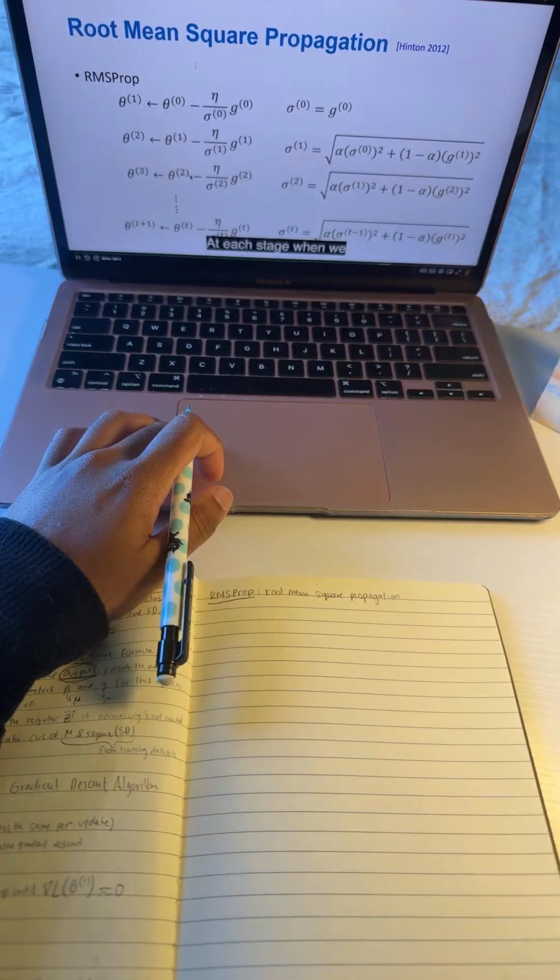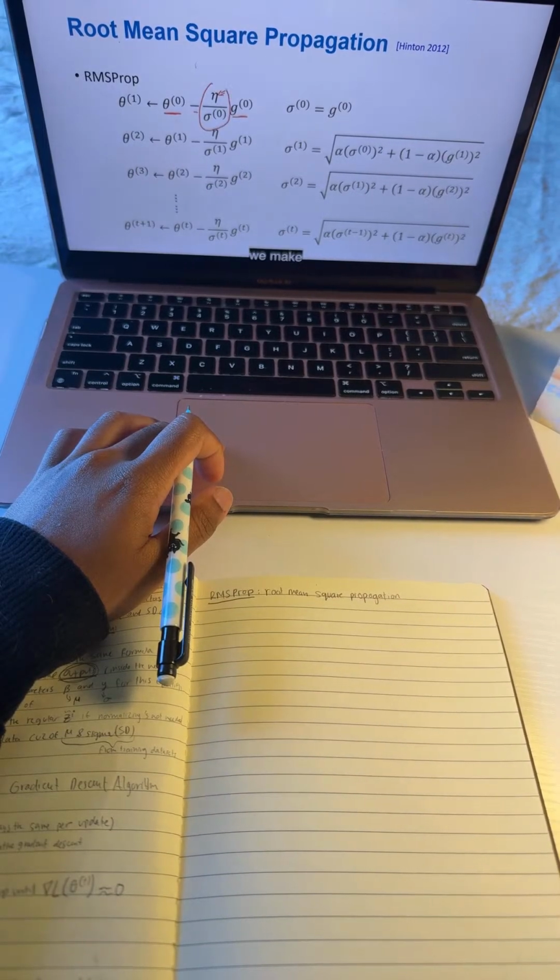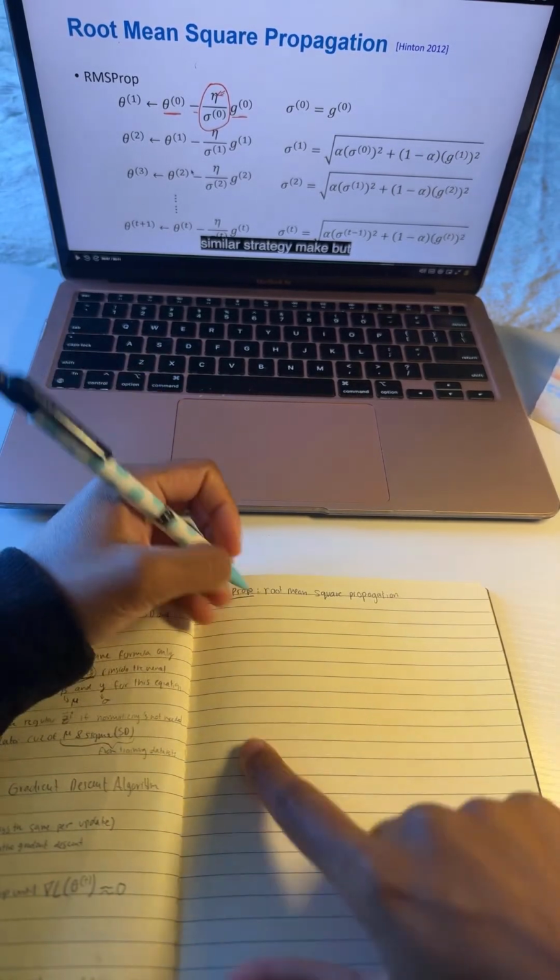So for here, you may see it's directly shown here. At each stage when we want to update, we still follow the negative gradient direction. This is the user-specified learning rate, for which we use a similar strategy, making it adaptive. But